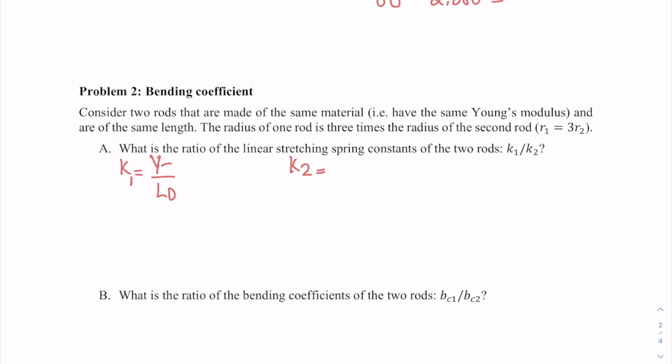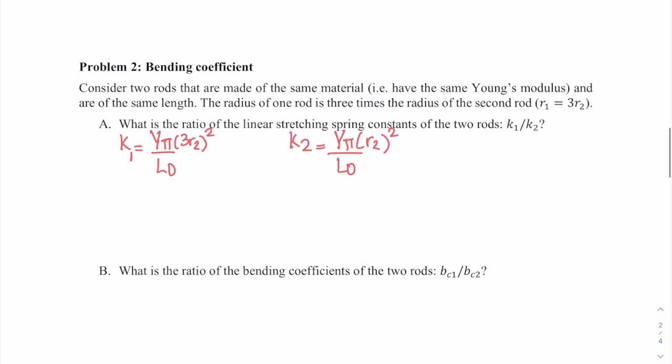So the area here should be pi, and R1 is equal to 3R2. So 3R2, and then that whole thing is squared. Now, for K2, we have the same Young's modulus divided by that same length, pi R2 squared, right? Now, if you divide the two, K1 divided by K2, then you can see that, okay, we have